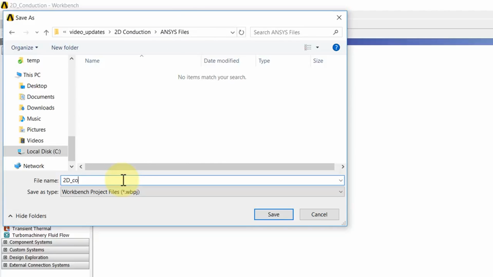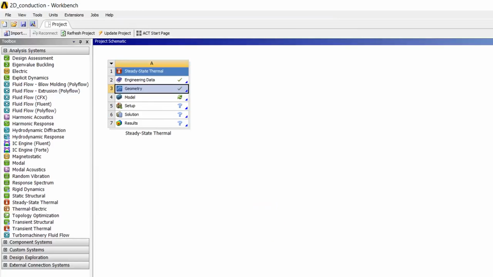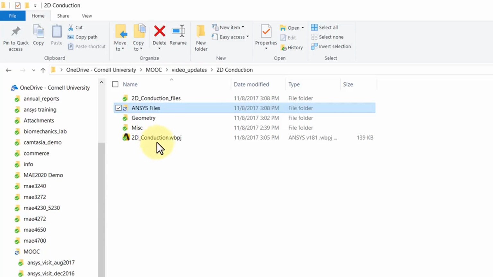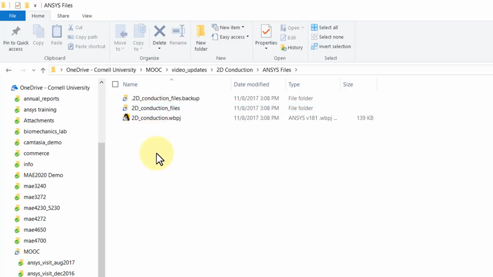So I'll say 2D underscore conduction. I was kicking and screaming from Linux to Windows, so I tend to put in underscores because you couldn't use spaces for file names in Linux. Okay, when I do that, and now if I go to that folder, I see there is this WBPJ